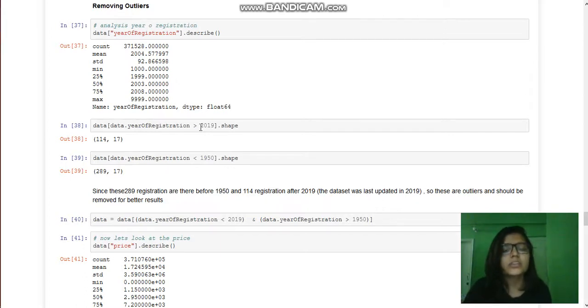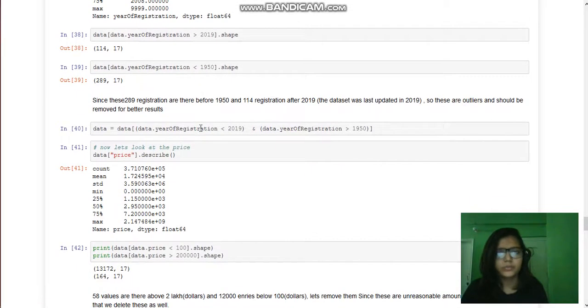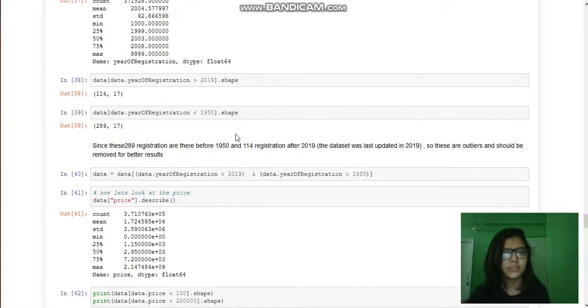And the data set was last updated in 2019, so we won't be considering any cars that were registered after 2019, since that's not possible. All those are fake ads. So we are just going to drop all these. We're just going to keep everything that was registered before 2019 and after 1950s.